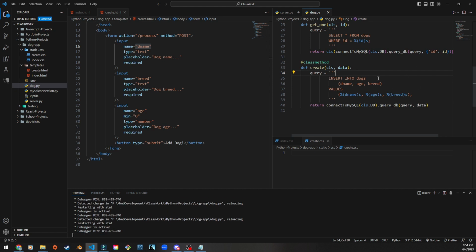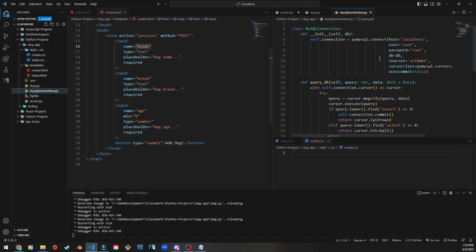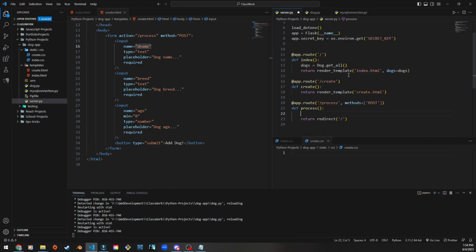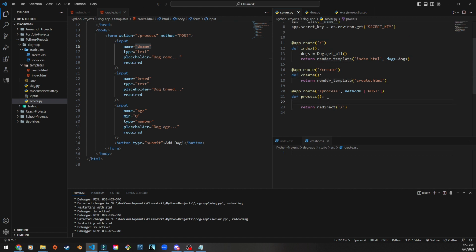That should be all we need in order to correctly insert, because what's going to happen is we have the query here with our computed stuff that needs to be computed. It's going to send the query and that data that is going to go with this together, and inside of our MySQL connection file, we find our insert statement. It's going to commit it, and then it's going to also return us, remember, the last row ID. We're not going to get use out of that yet, but we will in the future. So let's save, and now in here, we want to do